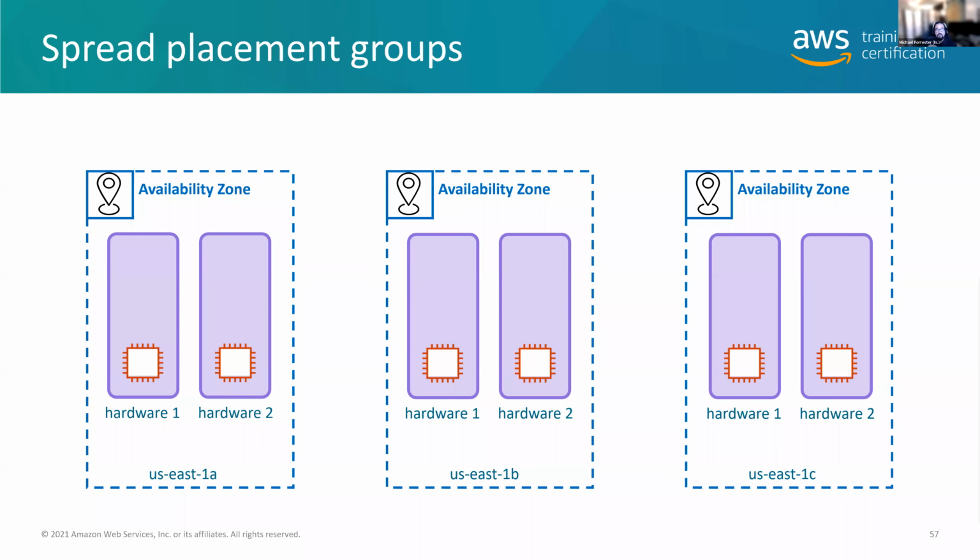Then you've got spread placement groups, which are a little different because it's going to make sure that everything is placed on a distinct rack, across a bunch of availability zones, all in the same region, of course. This is to maximize fault tolerance and resiliency. You're not going to get high performance necessarily out of this, right? And so we've got clusters, which bring it together. We've got spreads, which spread it apart.